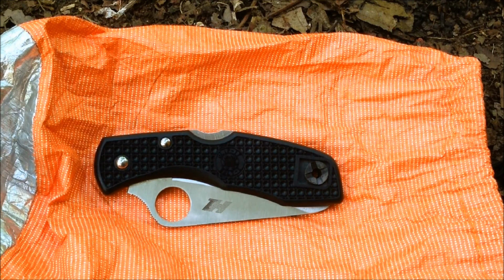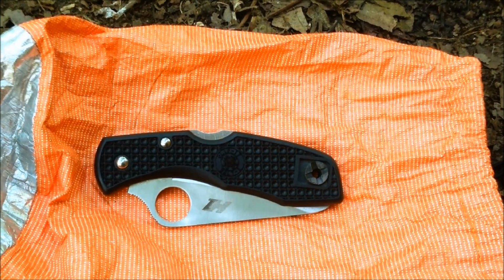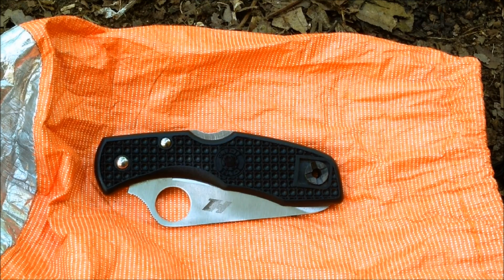I really enjoy this knife. It is the only Spyderco I own right now. I actually gifted the Spyderco Grasshopper I had to Malcolm Coder. But this knife came with me and was my only knife besides my SAC Super Tinker that I took with me. And I am extremely pleased with the